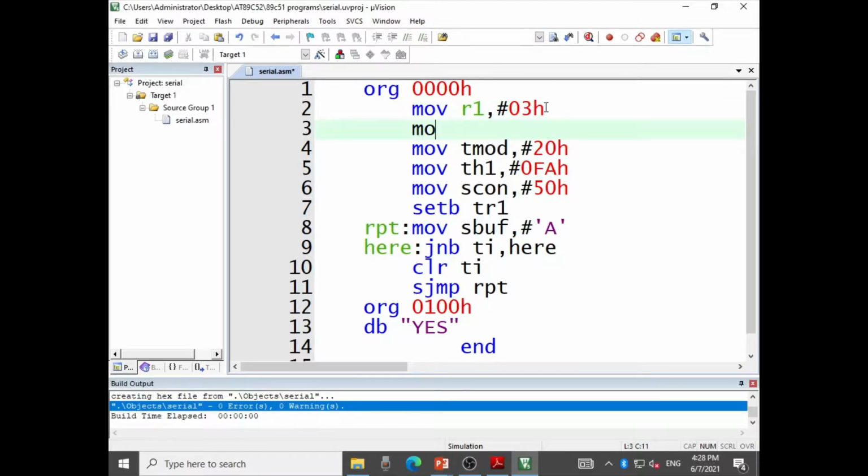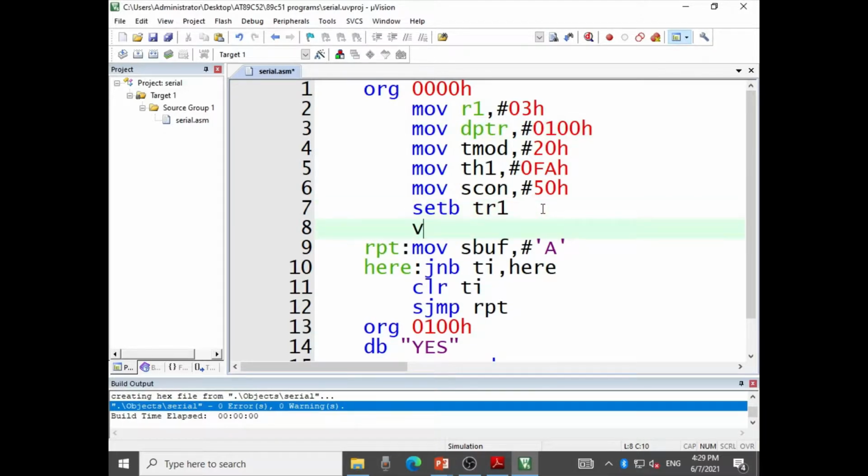The next thing is DPTR, a memory pointer which will point to the code memory where the string is stored. And what is the location where the string is stored? It is 0100. So load the data pointer with 0100H, that is the starting address of the lookup table. The MOVC instruction is to be used. So I have to write an instruction which will first clear the accumulator.